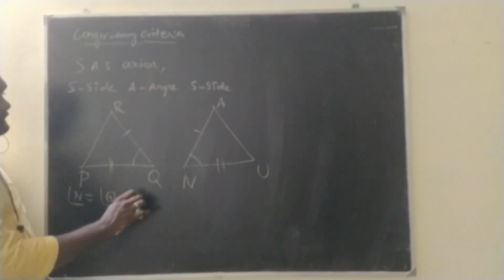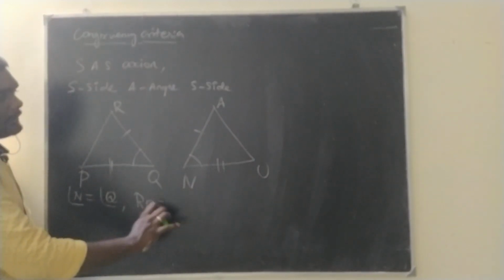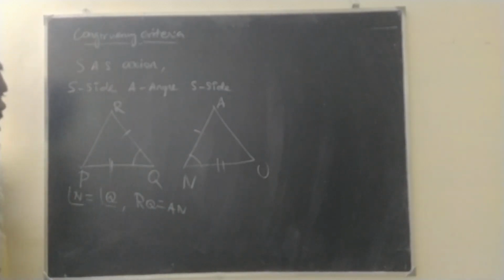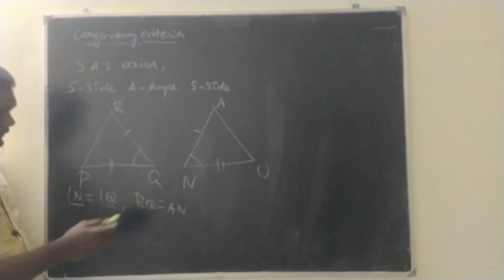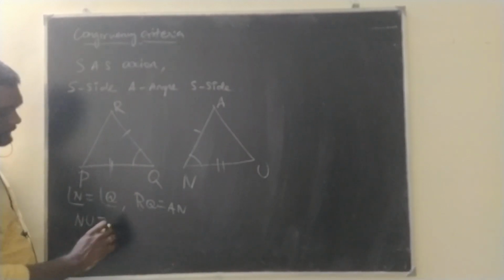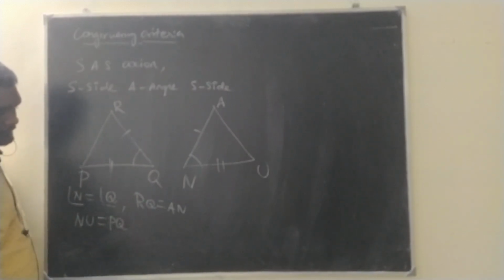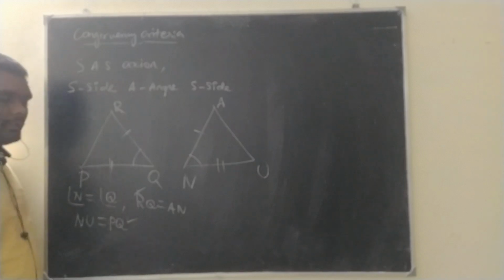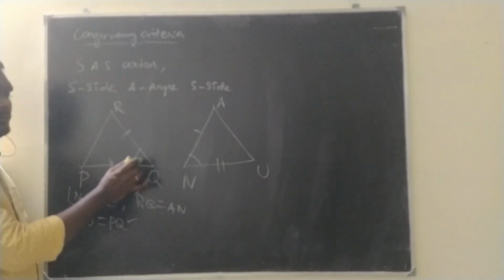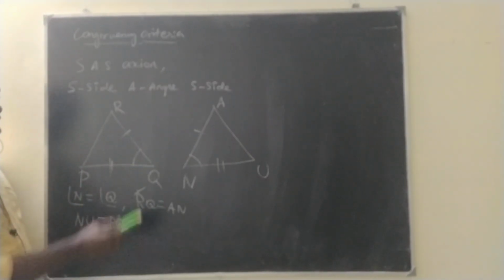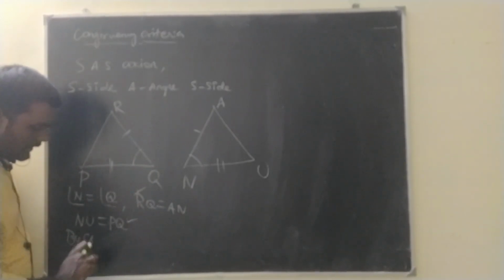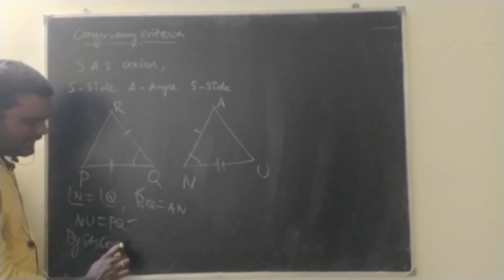and the side RQ is equal to the side AN and the side NU is equal to PQ. So, two sides and an angle which is common for that side are equal. So, we can say by SAS congruency axiom